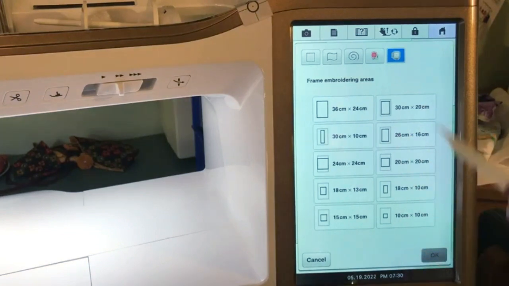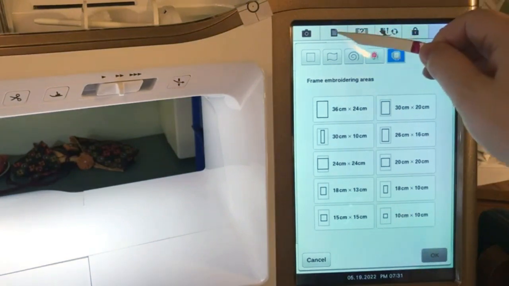So these hoops are all in metric. If you go, I don't know what those are, because I don't. So a few of them I recognize. 100 by, or 10 by 10 is a 4 by 4 hoop. 180 by, centimeter, and I know it in millimeters, not centimeters. 180 by 130 I know is a 5 by 7. But if you're not sure, that's when you're going to hit this